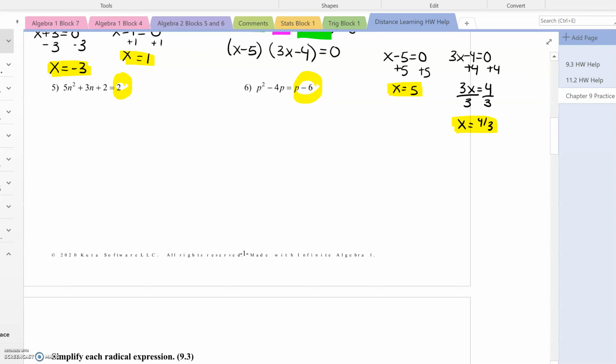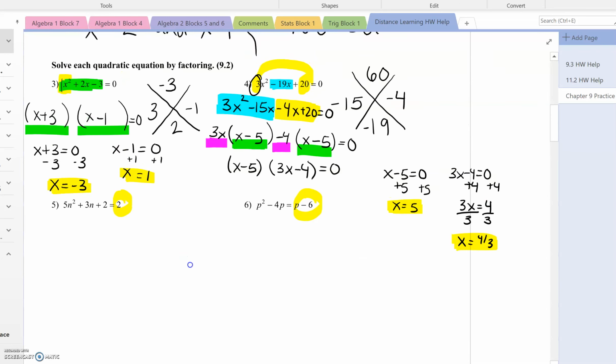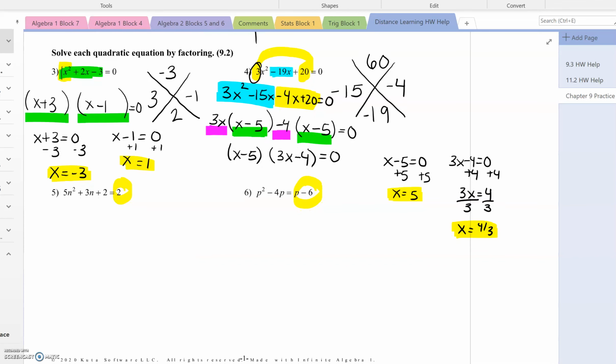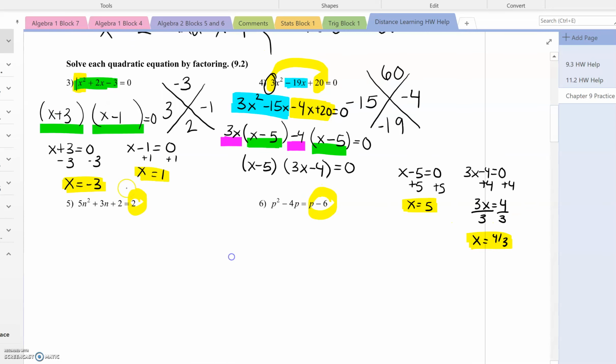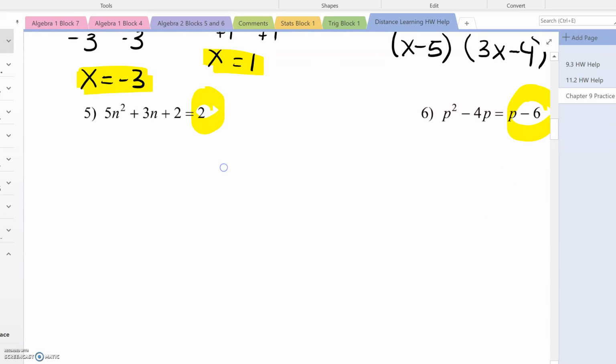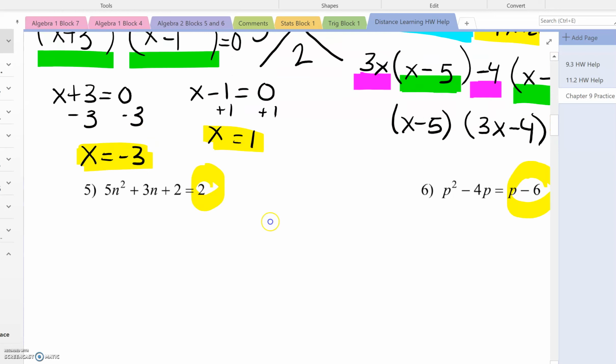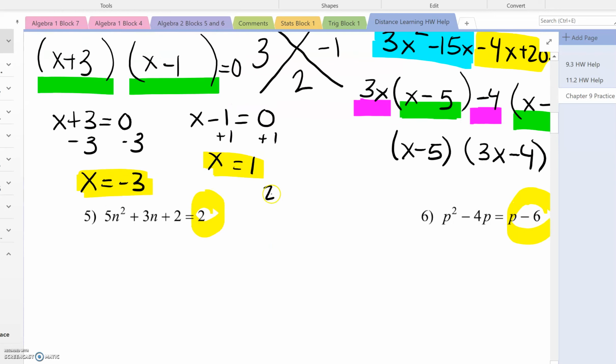Okay, so like I said, problems 5 and 6 are just like 3 and 4. And if you didn't watch that previous video, that's fine. You totally get how to do factoring then, and you're just working on what to do if your equations don't equal 0. So, in number 5, we would love to factor this, but remember we use what's called the zero product property